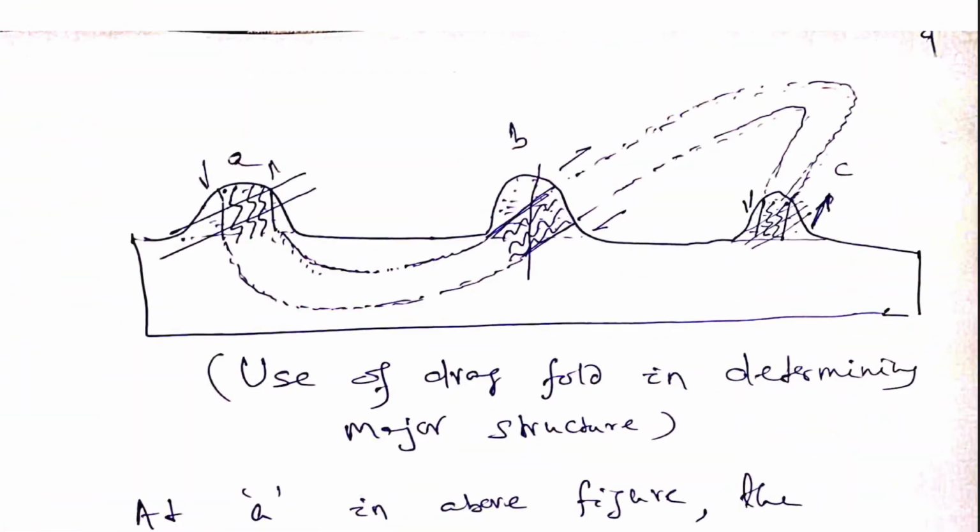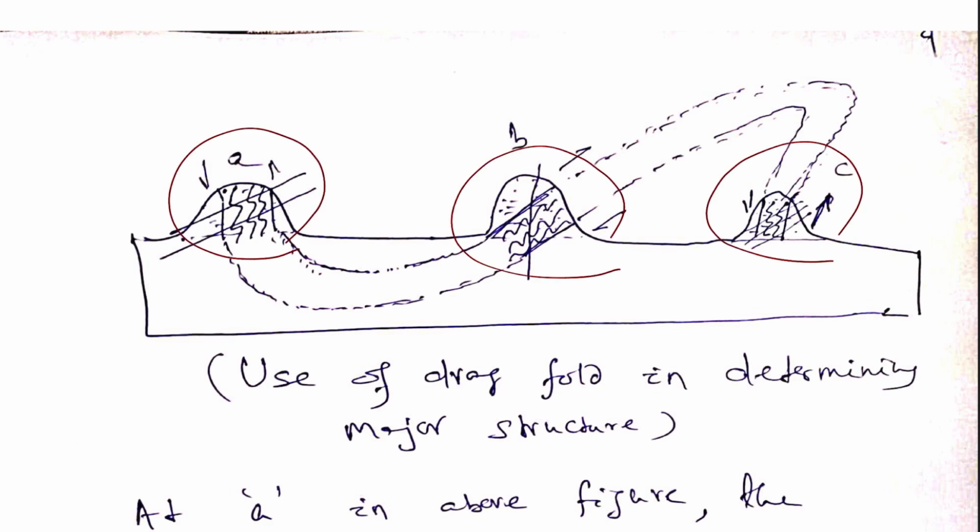We have found three places where the drag folds are available, and the clear picture of the fold is not traceable. But by taking into account this angular relationship between the axial plane of the drag folds and the bedding, and the acute angle, we see that the movement is like this on this side, the movement is like this on this side. So the beds are moving away from each other. That's why here is syncline,